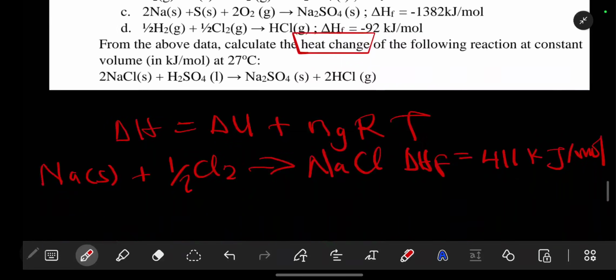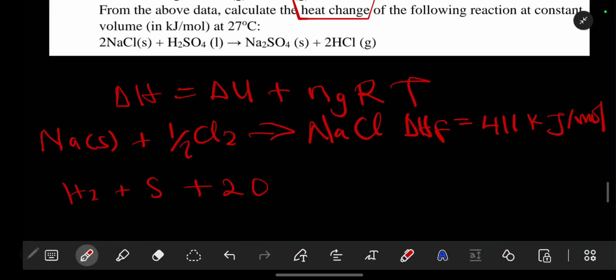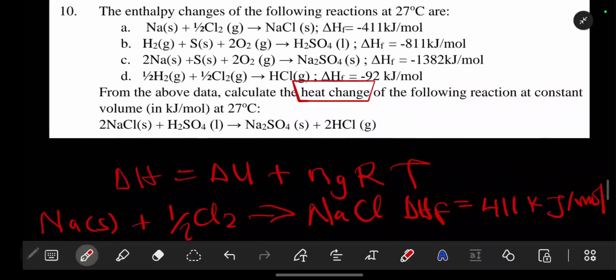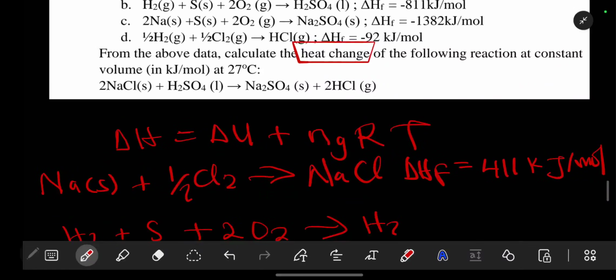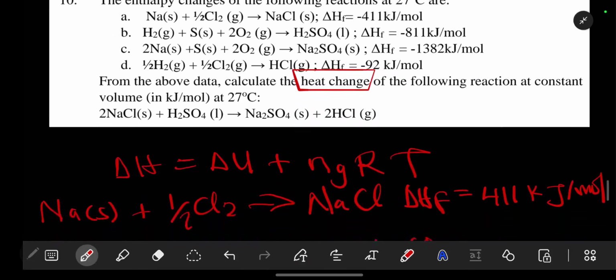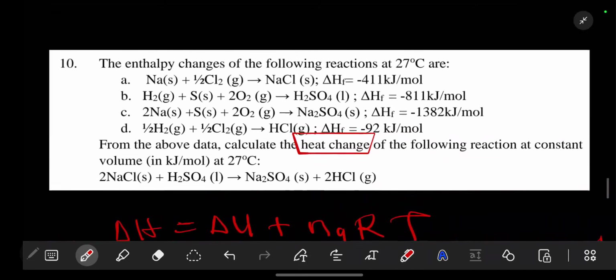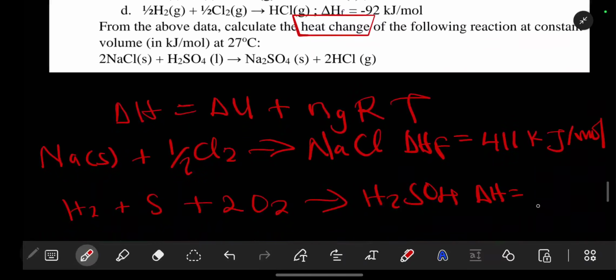The next one is our hydrogen plus our sulfur plus 2O2, to be able to produce this. The enthalpy of formation is equal to negative 811 kilojoules